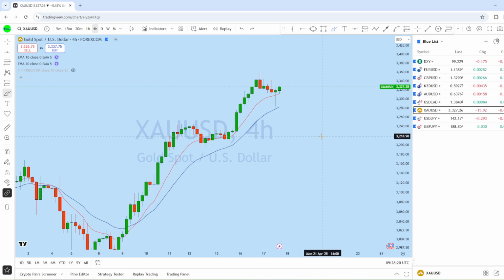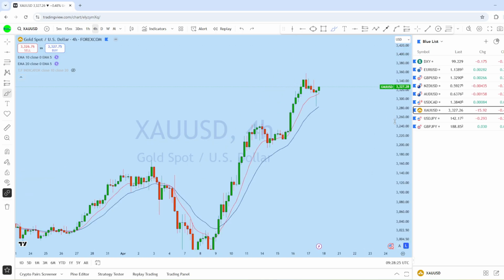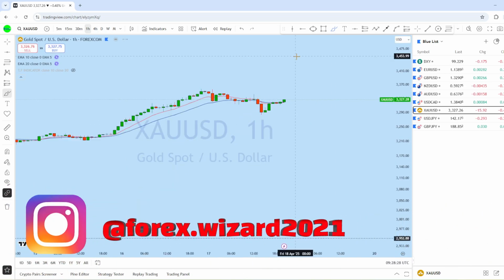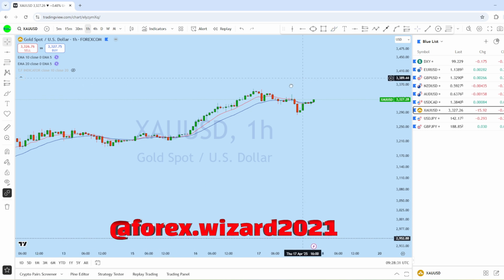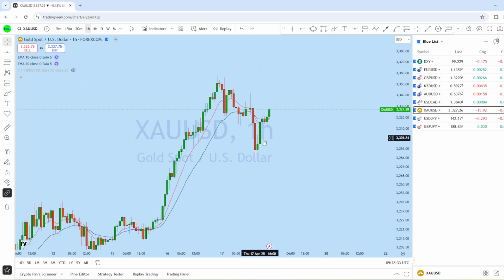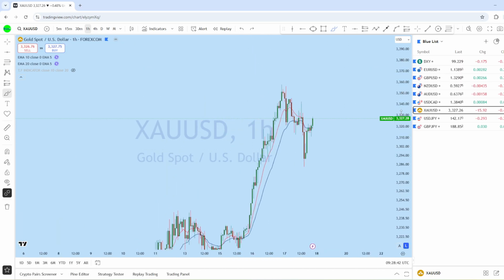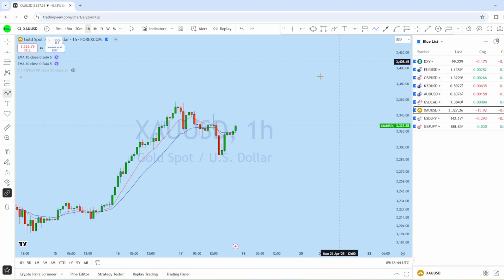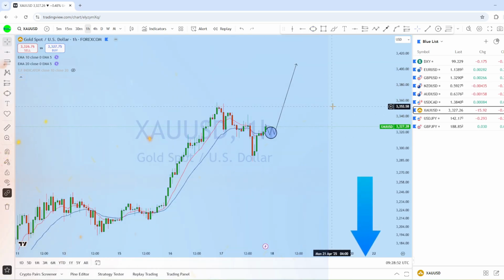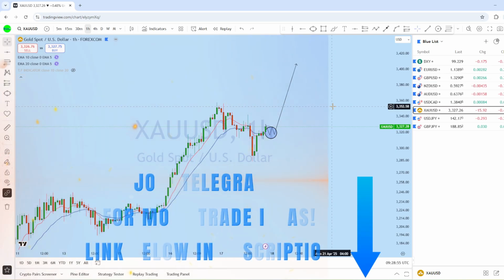The bulls took control. That's the possibility that the market may remain upside here in this upcoming week, and any lower time frame pullback could be an opportunity for us to potentially go long here. And there is an inverted head and shoulder here that the market has formed, and sharply has broken back to the upside here. And with that being said, as soon as we find suitable price action confirmation for this potential move to the upside on XAUSD, we will be looking for going long with a high probability trade setup.